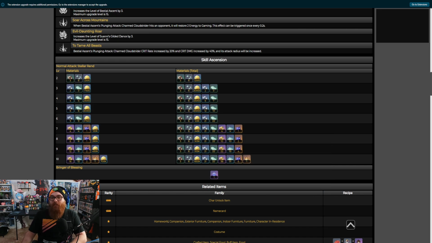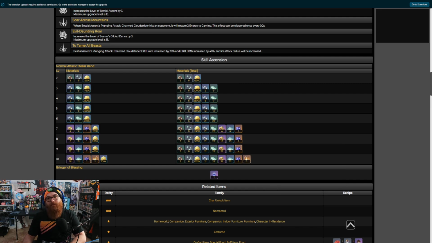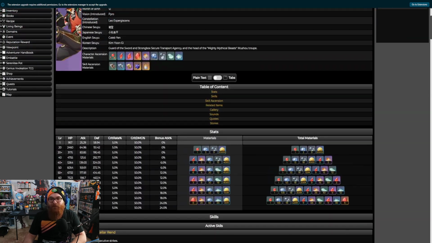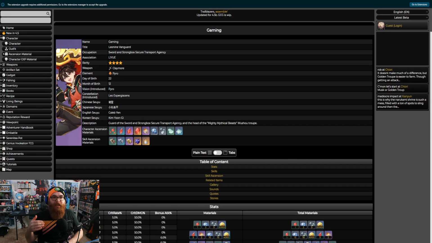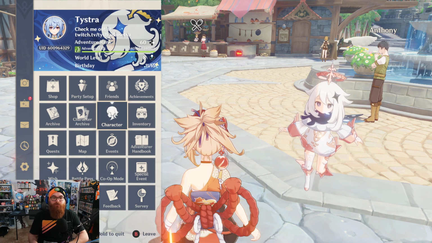And then of course you're going to need 3 Crowns of Insight, which again is standard to every character, with about 7.1 million mora between ascending and talents. So Gaming is definitely one of those characters that I think does make sense to triple crown, but also doesn't, because again 4 stars normally aren't as powerful as other characters. So talent priority, I would definitely say, is very tough with Gaming, and we're going to go into the actual